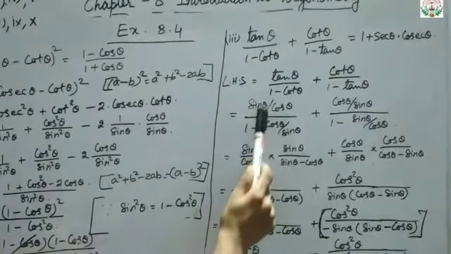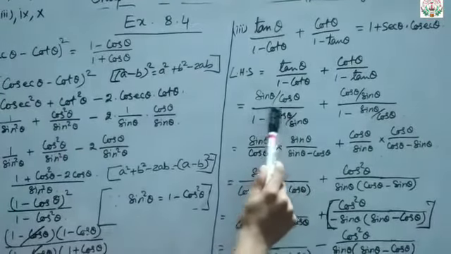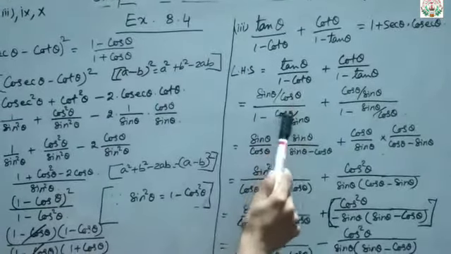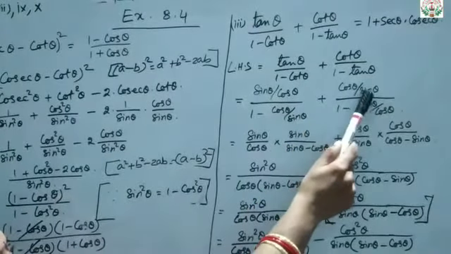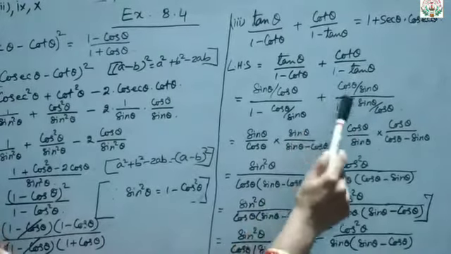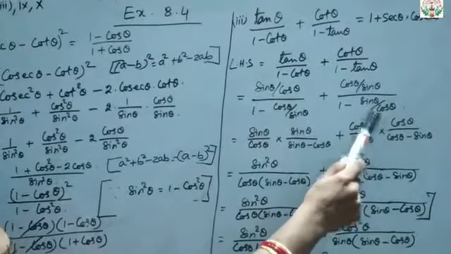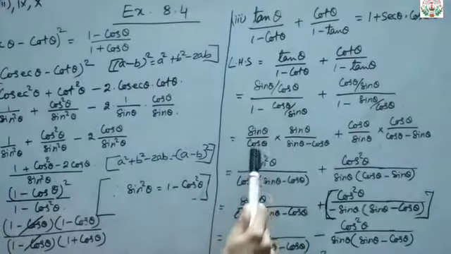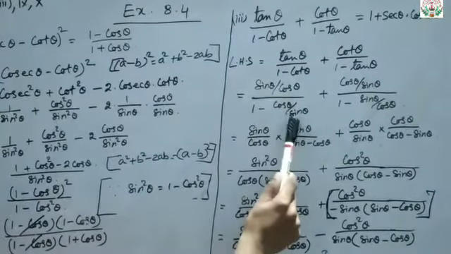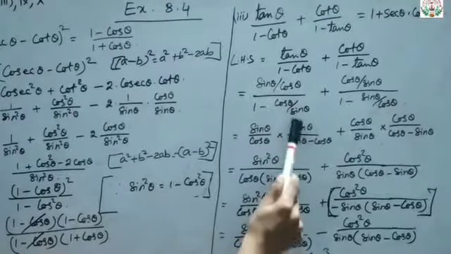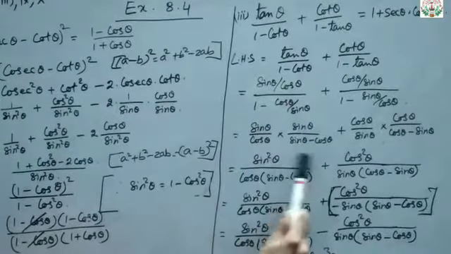Okay, so now here tan theta can be written as sin theta upon cos theta, and in the denominator, 1 minus cot theta will be 1 minus cos theta upon sin theta. Okay, plus in the same way cot theta is cos theta upon sin theta, and in the denominator 1 minus tan theta will be written as 1 minus sin theta upon cos theta. Now this numerator and denominator I can write as sin theta upon cos theta into, now the LCM will come. So directly I wrote the LCM will be sin theta, and now sin theta will be multiplied here, so sin theta minus cos theta, got that?